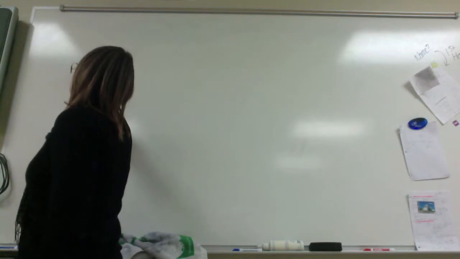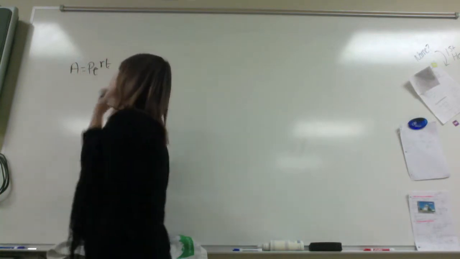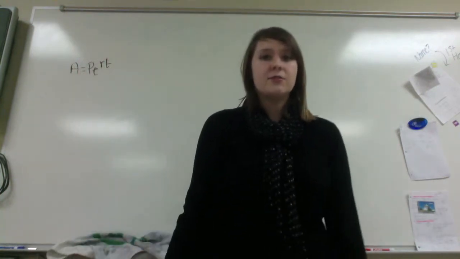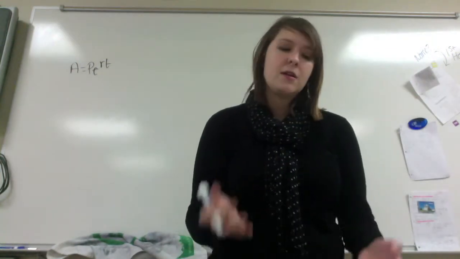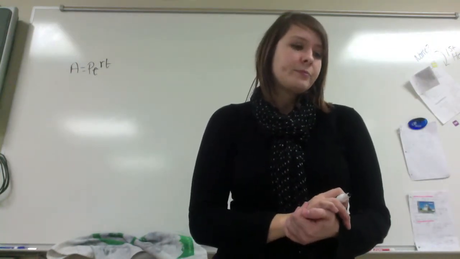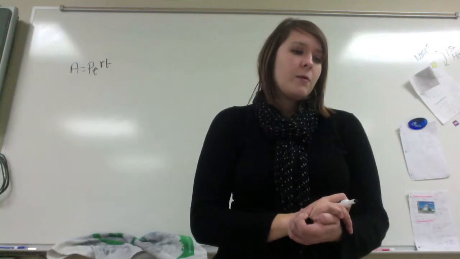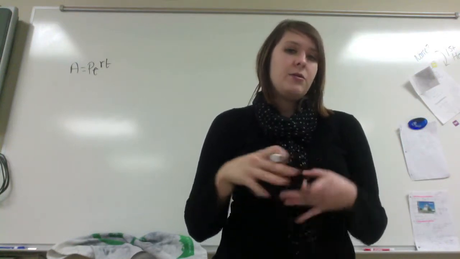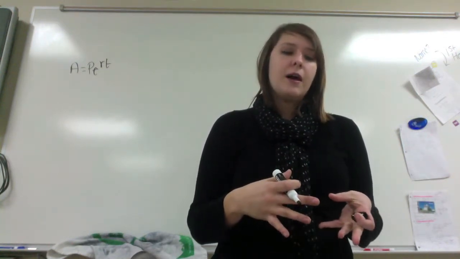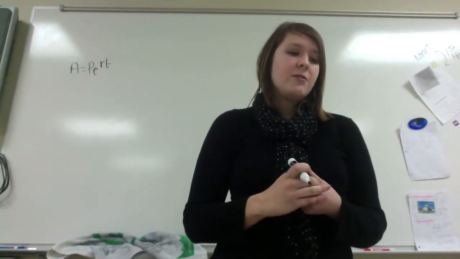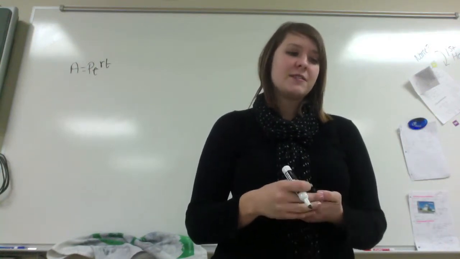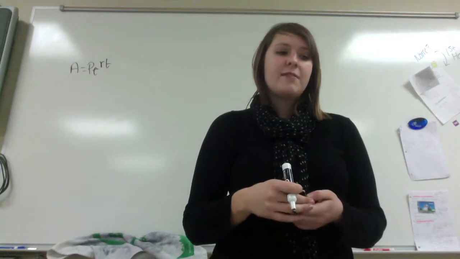So we've got A equals Pe to the rt. This is the formula that you use for half-lives, okay, because they decay continuously. All right, so remember, A is the amount that you actually get out, so that's kind of like the amount left. If I know that something has a half-life of 6 days,